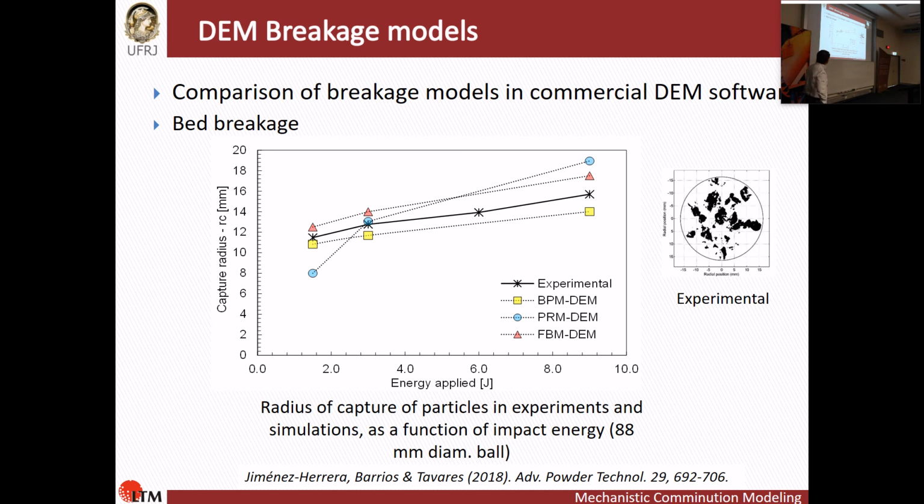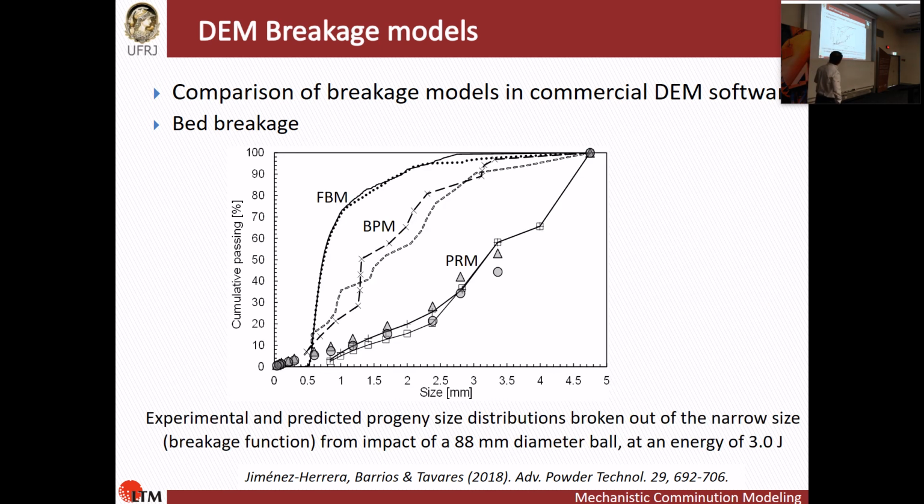And actually, the models were kind of funny, not quite. But the bonded particle model was not bad at all. It was quite good, and the fast breakage model as well. So when we look at the size distribution coming from them, even with all the effort to try to reconcile,